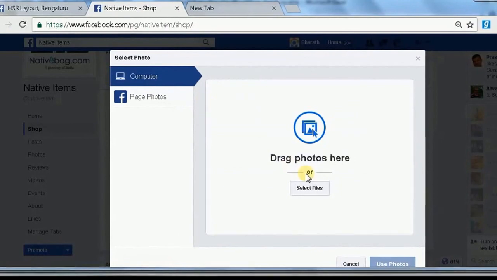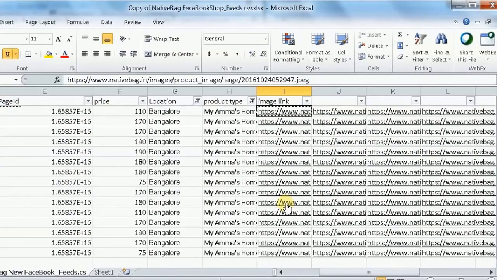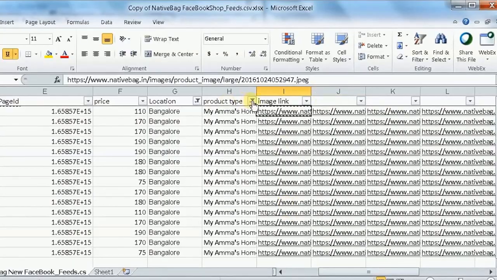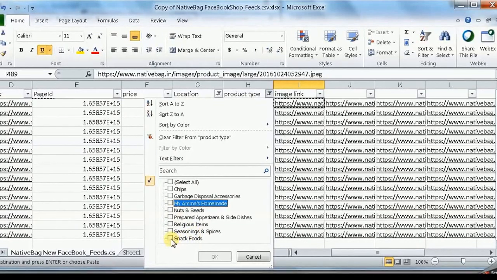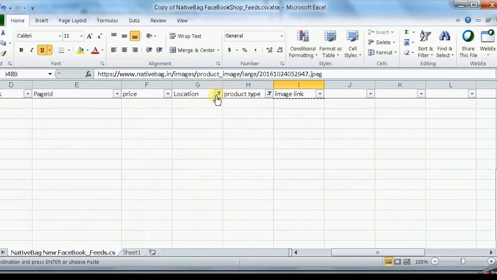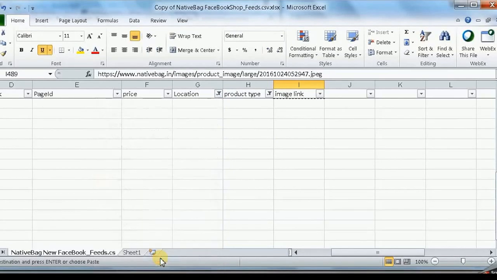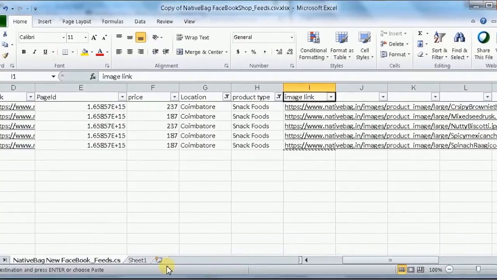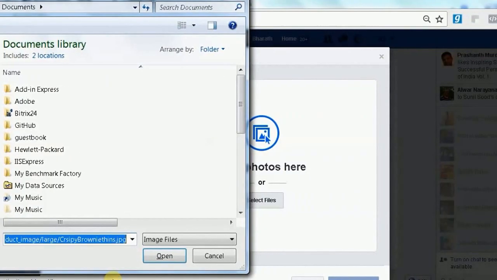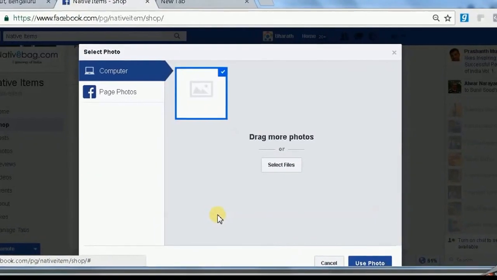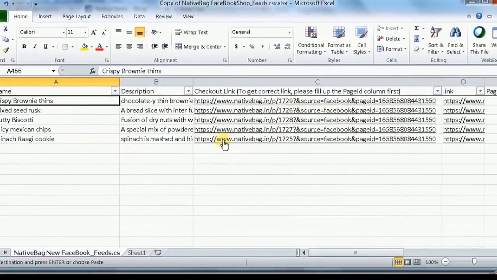You can add products again. So select the photo for the next product. Now I will select a different brand. Say I am selecting this one. Now I'll copy this image. Yes, this is loaded. Use image, and then the product name.